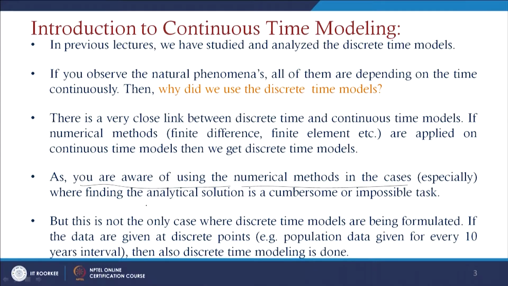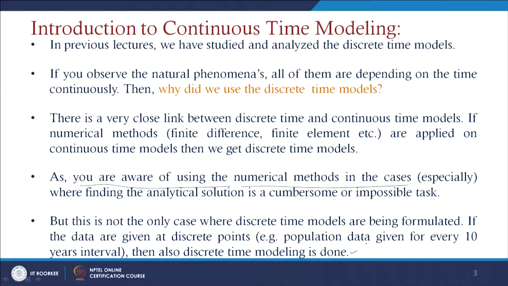Consider where discrete time models are formulated, and the data are given at discrete points, for example population levels, like the population counting in India. Usually, people predict the population level every 5 years. Suppose the population level is given at 1920, 1930, 1940, 1950, and we predict the population level for the next point. This is projection analysis, used especially with these discrete points, and discrete time modeling is done in that sense.